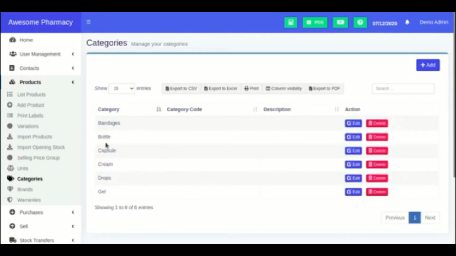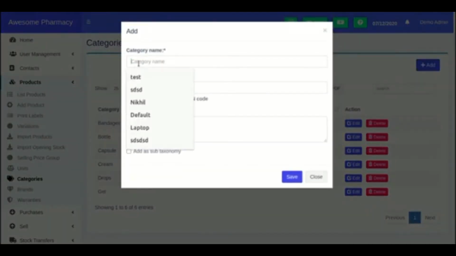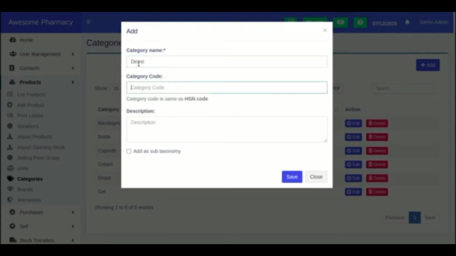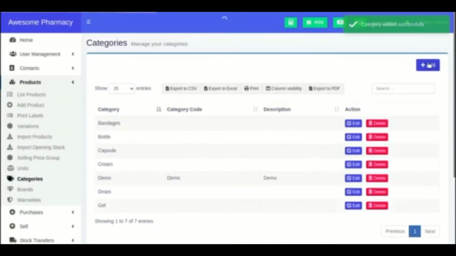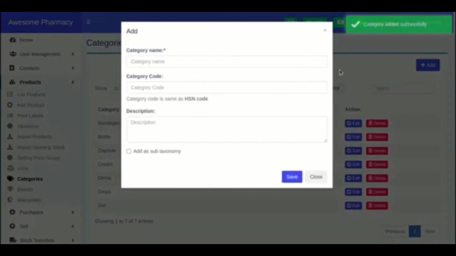So here we have added different categories as well. Let me show you a demo, adding a demo category over here. Okay, I have added a demo category here. Let me click on this add once again and add a subcategory,